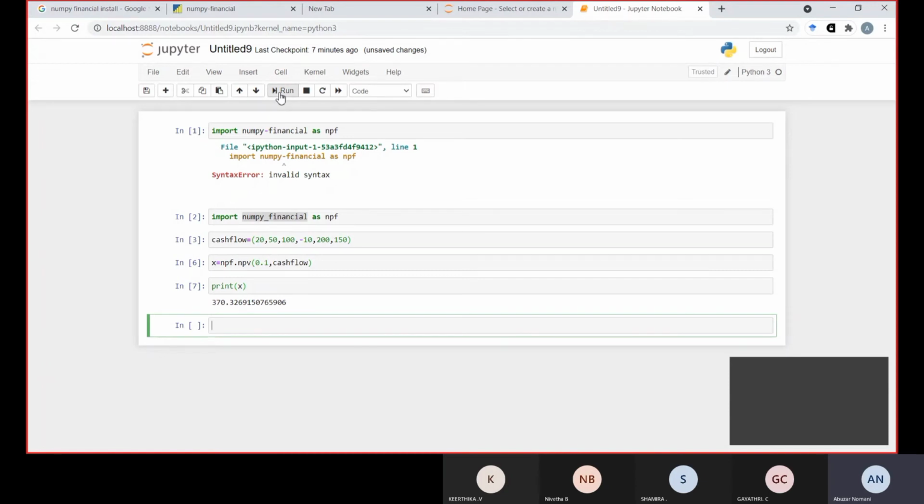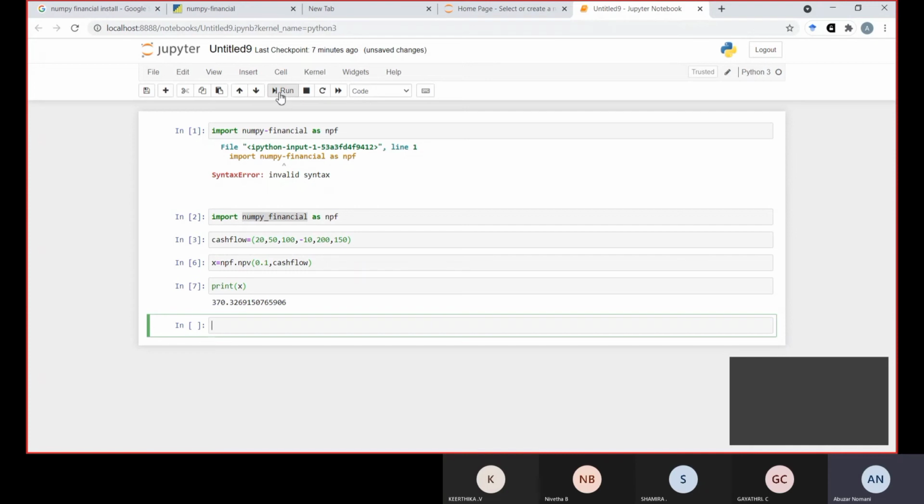Okay, one more example for you. Suppose we have to find the monthly cash flow to pay off a mortgage. Suppose you have taken a loan of 2,50,000 over 30 years with an average percentage rate of 4.5%, compounded annually. So what will be the monthly cash flow to pay off that loan? What will be the SIP? How much SIP do you have to make?